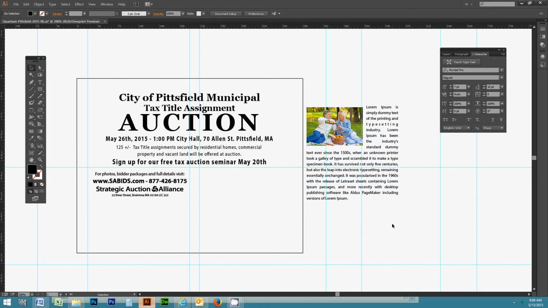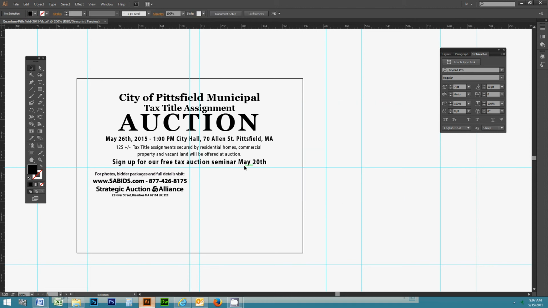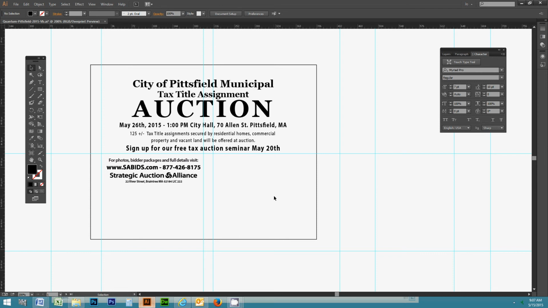So that's how you make text wrap around an image. Really fun. Now say I want to delete these two, I don't want them anymore. Just select them both and hit delete, they're gone. Pretty simple. Another neat thing I want to show you is when you're exporting out files from Illustrator,